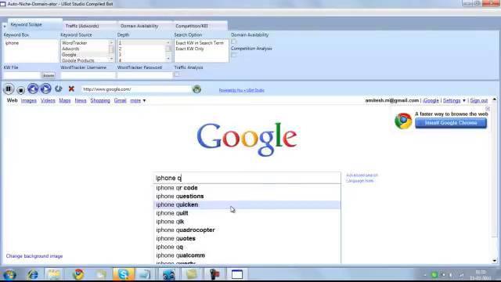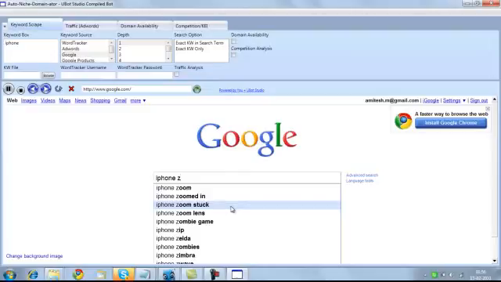The next module here is the traffic AdWords. In this module, it will find a list of keywords, go to the Google AdWords tool, type all your keywords there, 50 at a time, and then find you the traffic values, the CPC value, the global search volumes, as well as local search volumes for all those keywords. The third module here is the domain availability. All those keywords that fit your criteria, it will take to namesearch.com, and find you the domains that are available for all those keywords.